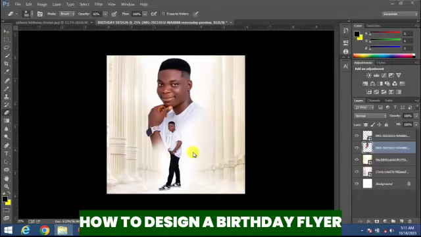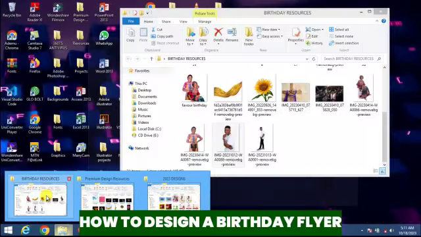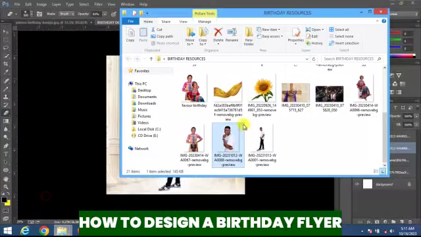Alright, the next thing we're going to do is there is this particular ribbon I'm going to use for this design. So everything will be linked down below. So get the link and then download all these resources. So I'll bring up this ribbon,